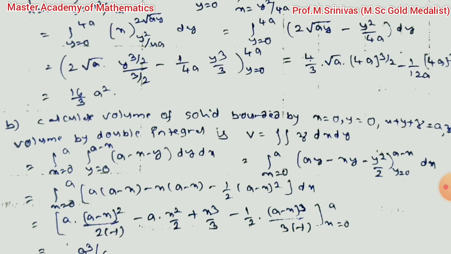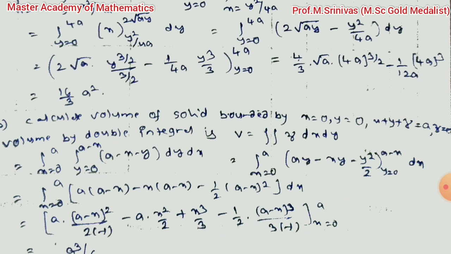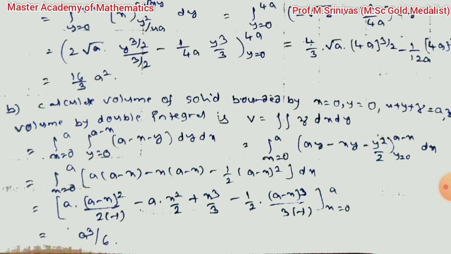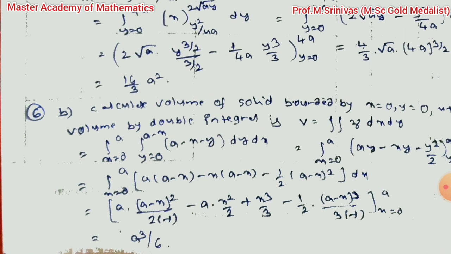As per your given equations, first you identify that z is equal to 0, which means you are not considering it. So x plus y equal to a only, and from that y equal to a minus x. So those are the y limits. To get the x limits, you substitute y equal to 0, so the x limits are 0 to a. In place of z, from the given equation, you directly substitute a minus x minus y, and first do the y integration. Then after getting the limits, you do the simplification, then go for the x integration. The final answer is a cube by 6. This is for sixth b bit.